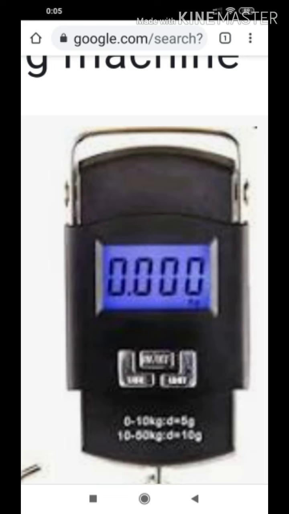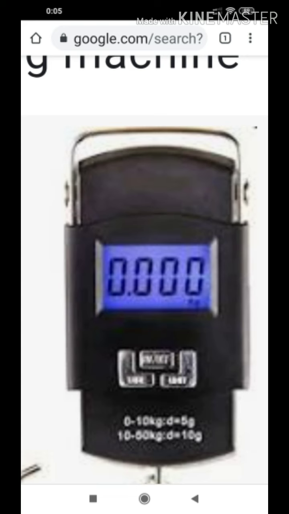Now see the same example here. The smallest quantity you can measure is 0.001, so this 0.001 is its resolution. What is 0.001 here? This indicates 1 milligram, so 1 milligram is the resolution. Starting from 0, if you keep on incrementing by 0.001, then 0.001 plus another 0.001, you can go up to the full scale. What is the full scale here? The full scale is 9.9999.